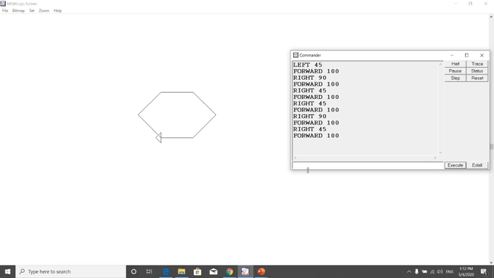Take note of that, otherwise you will not produce the correct shape. Now if you look at this set of instructions here, there are some that have been repeated. All right, if you look at